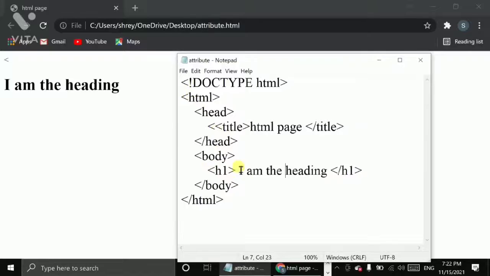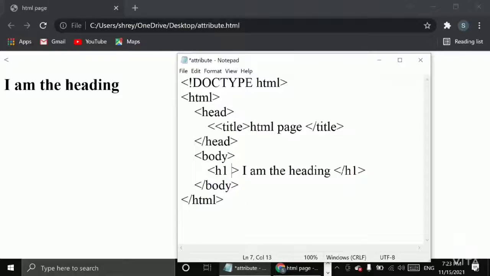Suppose consider this small program, and we have got the output for this program as I am the heading. What is written in this h tag, that is, I am the heading, is given as output. Now if you want to change the color of this line, we will add an attribute to it. We already have the element name.